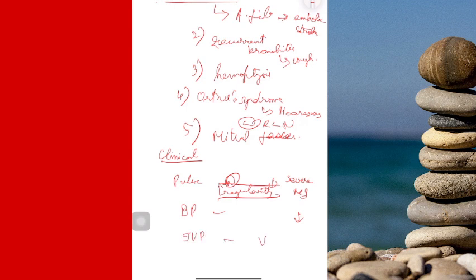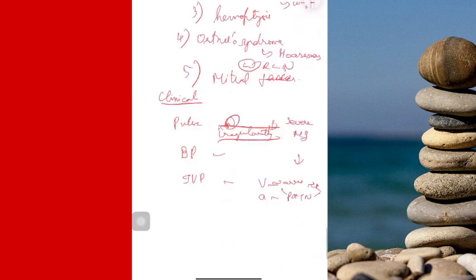JVP, I told you, V wave means TR, and A wave means pulmonary hypertension. In pulmonary hypertension, you can have a prominent A wave in JVP. This is mainly because of the right ventricular hypertrophy. A stands for atrial systole. So, against a non-compliant or hypertrophied ventricle, the right atrium has to contract vigorously, and this will translate into a prominent A wave. The pressure inside your right atrium is going to drastically increase because of your hypertrophied, non-compliant ventricle against which your right atrium has to pump blood.